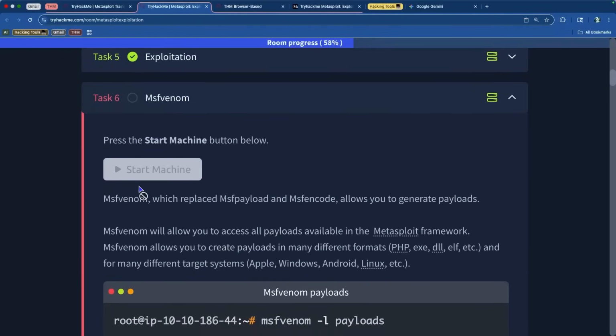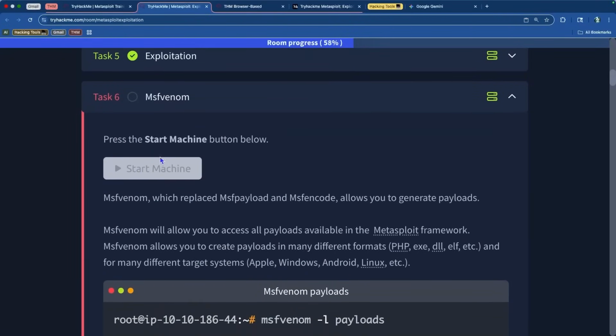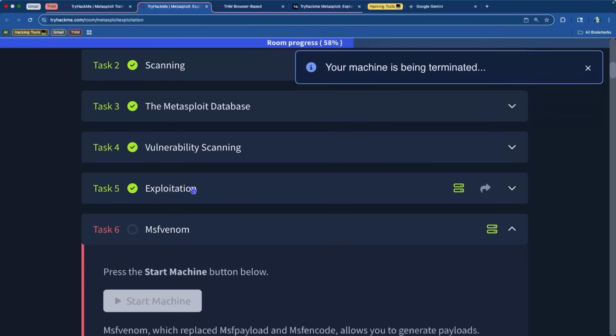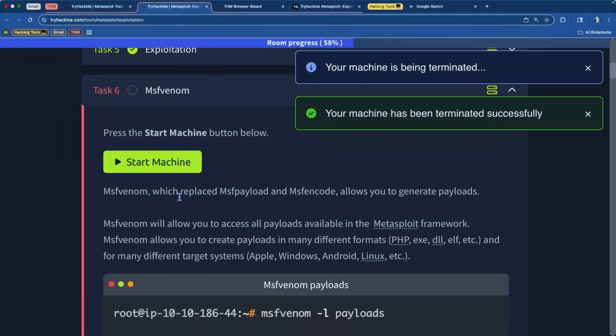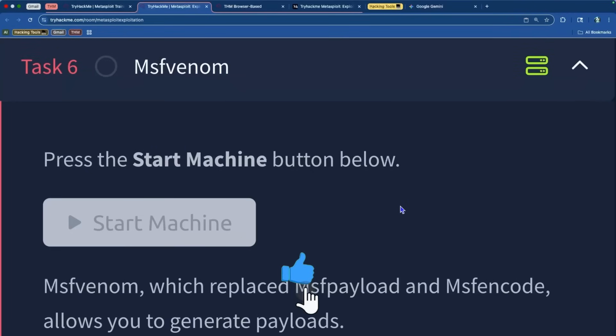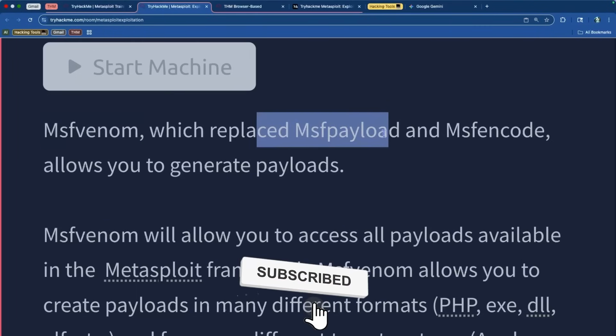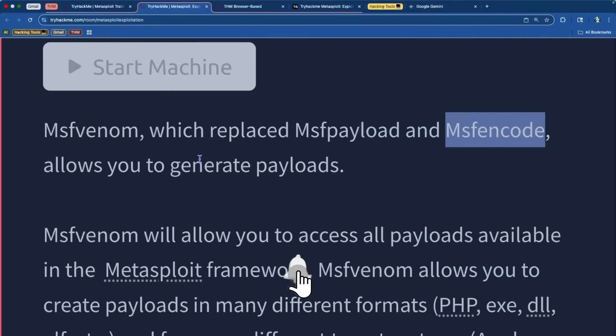So now we can move on to Msfvenom, and this is actually a new virtual machine over there as well. So let me terminate this one, and I will start the new one, and then we will do the Msfvenom exercise. All right, for this specific section, we're going to be using Msfvenom, which replaced MSF payload and MSF encode,